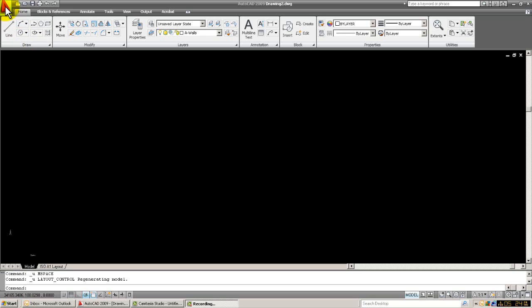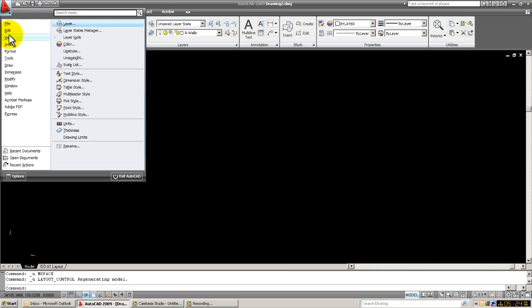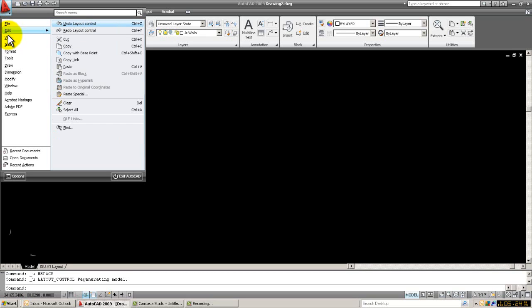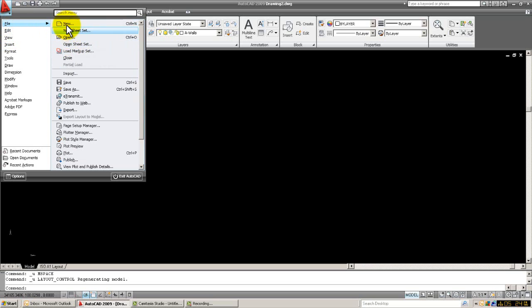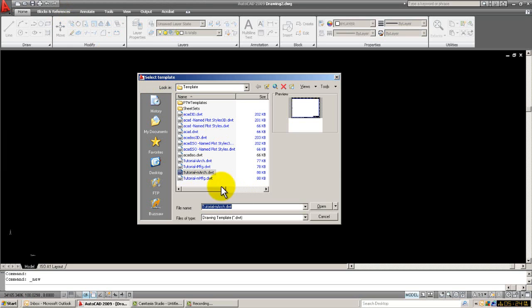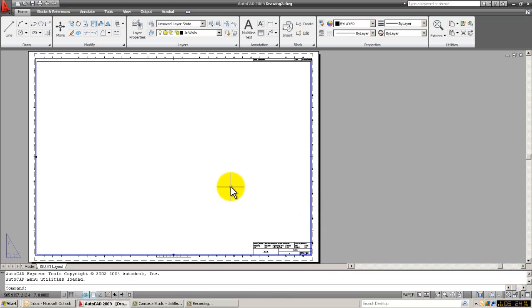So the first thing to do is to just go up into the application button, File, New. Unlike in the videos which are American, where they're still working in imperial feet and inches, I'm going to use a metric one here. I'm just going to choose this one here, march DWT, and open. And you'll notice that it creates a